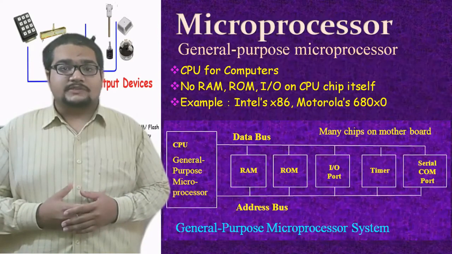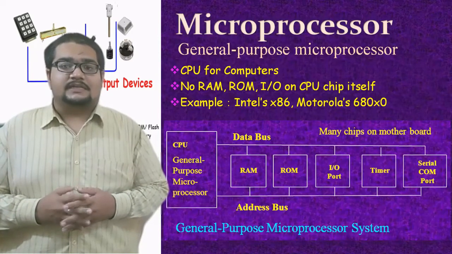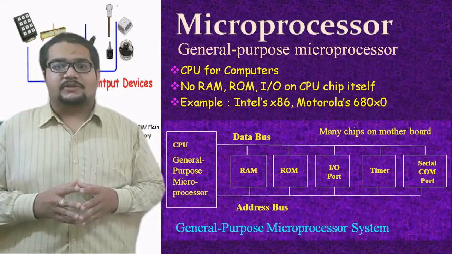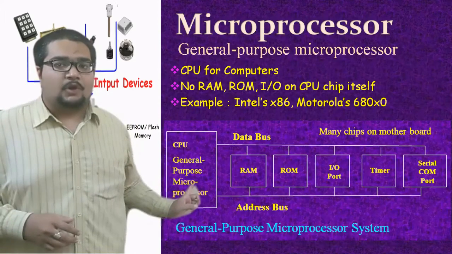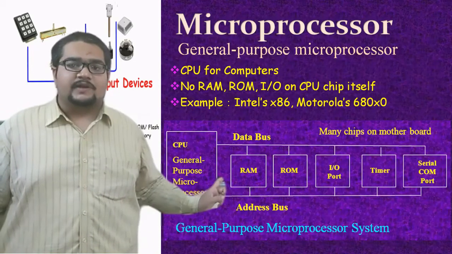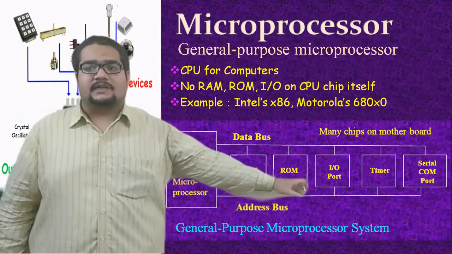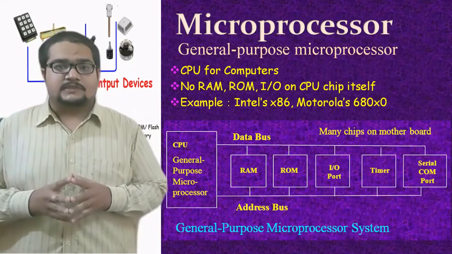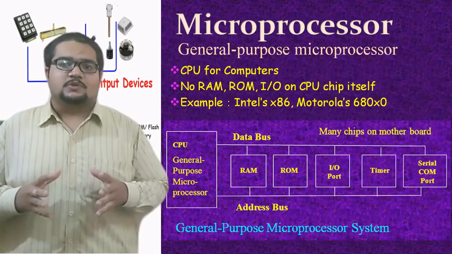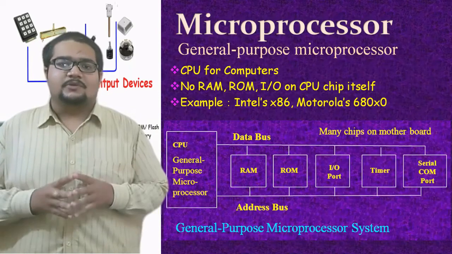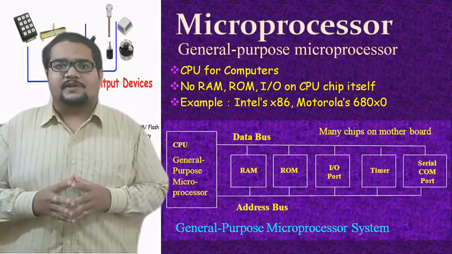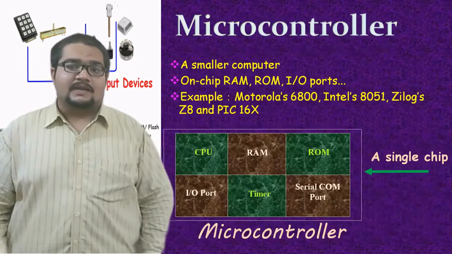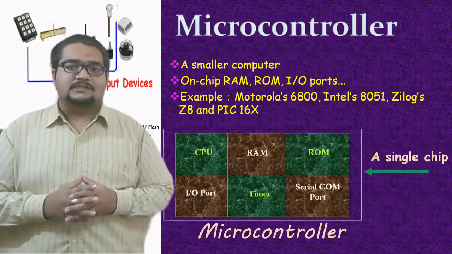Now, a microprocessor, as we have discussed in our first unit, is just a CPU which consists of an ALU and a control unit, generally in this particular block. And all the remaining modules, the RAM, the ROM, the I/O devices, the timers and serial communication ports, have to be interfaced externally to the processor to make it work as a system. So it has this ALU and CU inside it, and the remaining peripherals are interfaced externally to make it work as a complete system. But that is not the case with microcontrollers.